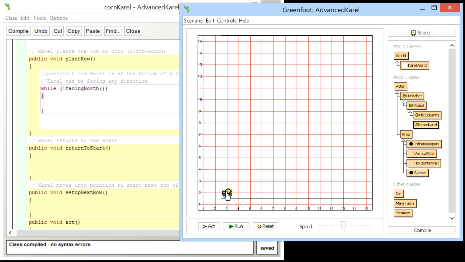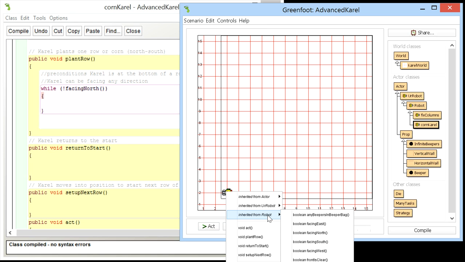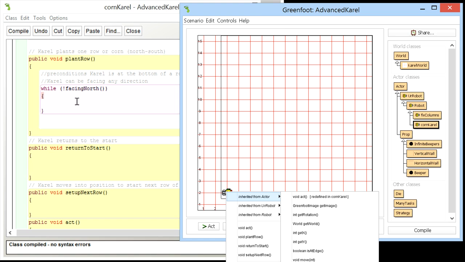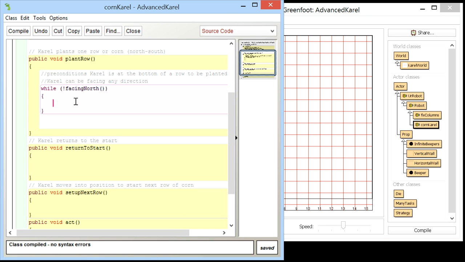But if you recall, one of the commands was facing north, right? It returns a Boolean. So what I want to do is, while Karel is not facing north, a command I can use is turn left. So Karel is just going to go around in a circle until